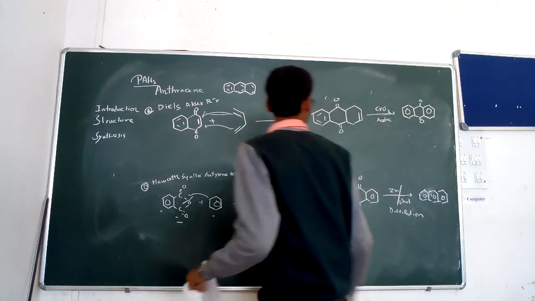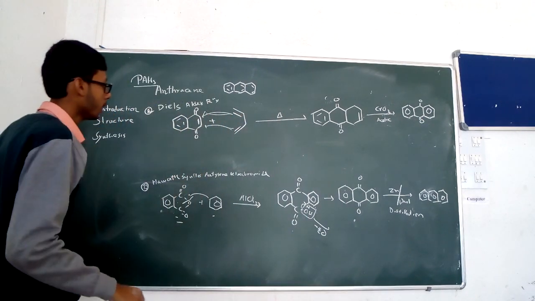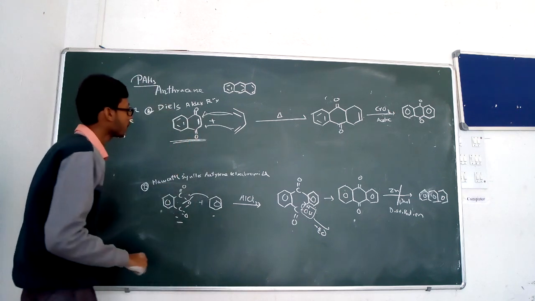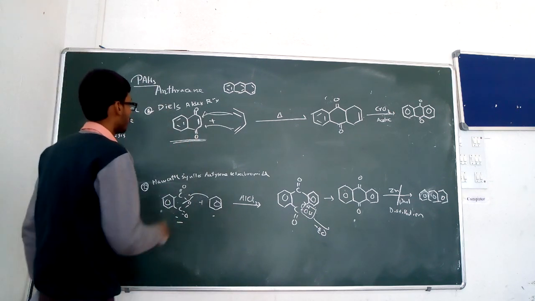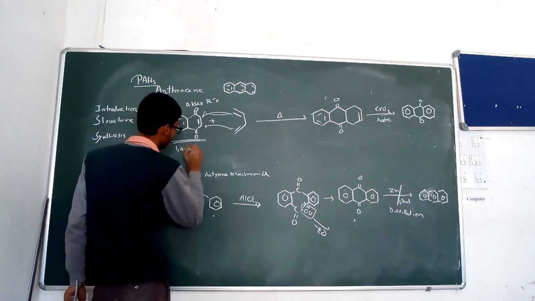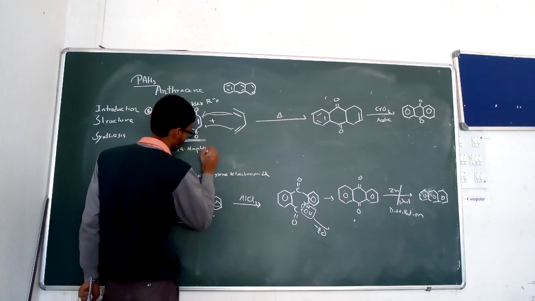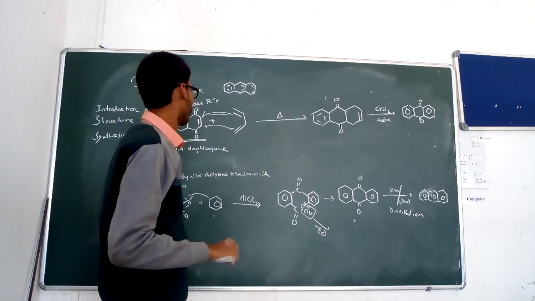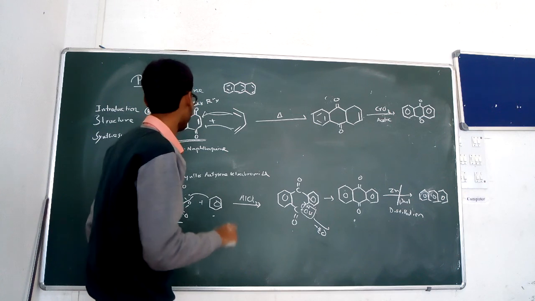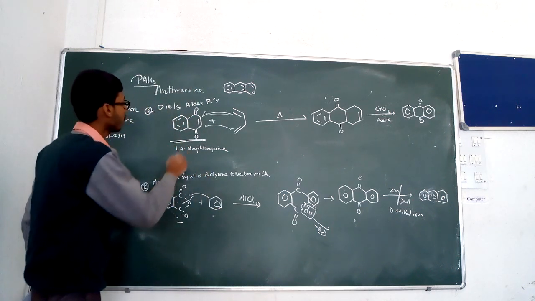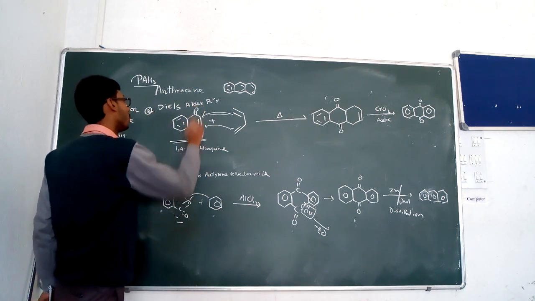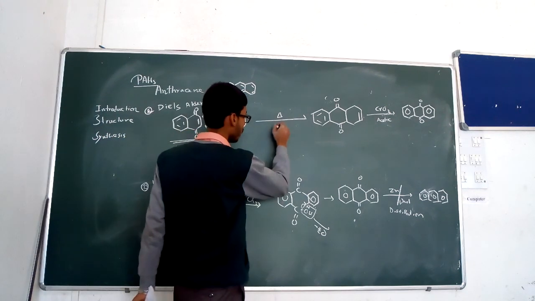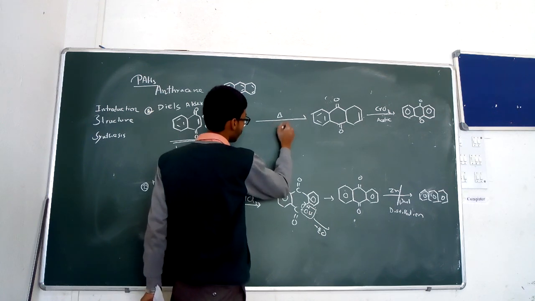So you see that this is the Diels-Alder reaction, where we have taken the starting material as an alkene compound, that is 1,4-naphthaquinone, and here the alkene molecule contains an electron withdrawing group. So the reaction is not carried out at 200 degrees Celsius, it is carried out at low temperature